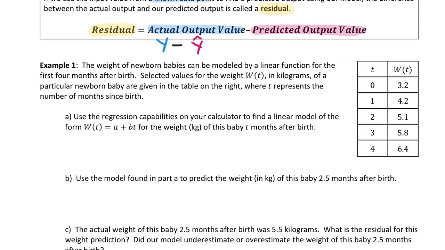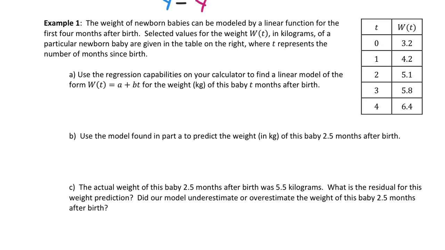So for example, let's say we have this problem that says the weight of newborn babies can be modeled by a linear function. What type of function? Always look for function type. For the first 4 months after birth, the selected values for the weight, W of T, in kilograms of a particular newborn baby are given in the table on the right, where T represents the number of months since birth. Use the regression capabilities on your calculator to find a linear model. What kind of model? Specifically in the form W of T equal to A plus BT